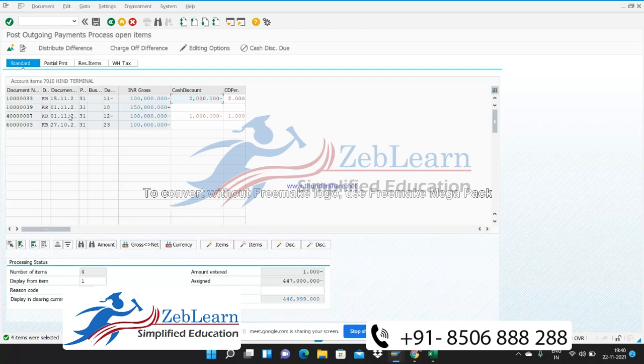and in this scenario the system is calculating 1% discount because this document was posted on 1st of November, and now we are paying it on 22nd of November. So already 15 days have passed, so it is considered in the second category, the second tab, where if the payment we are making is after 16 days but before 30 days, we are supposed to pay or receive 1% discount. So now the system is calculating it directly. We don't have to put any amount over there.